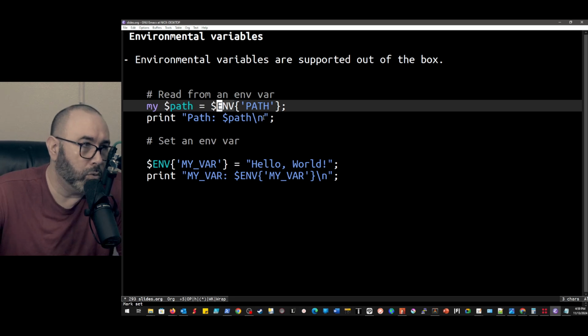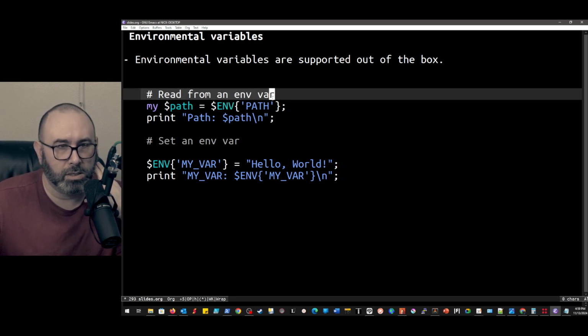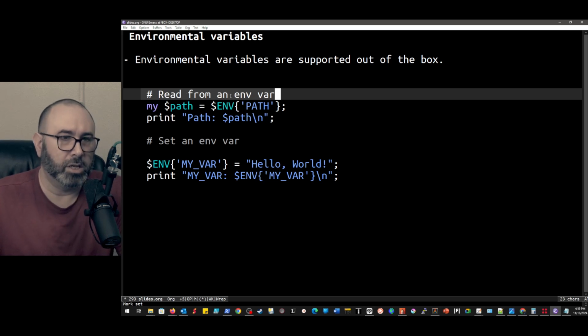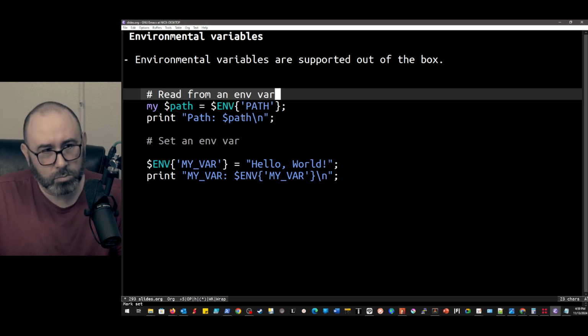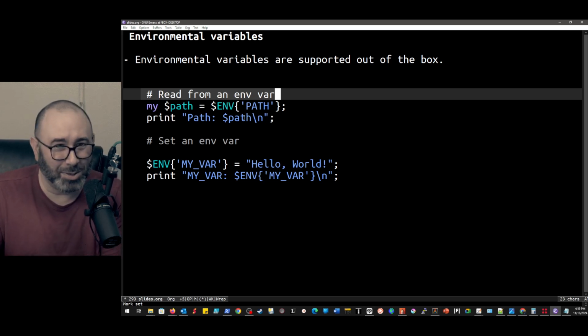Well, if you know Perl and you know that we have this special ENV variable, that's really straightforward and easy. There's nothing confusing about it. But if you throw a comment above it for somebody who doesn't necessarily read Perl, saying reading from an env var, even though that might be obvious to you as somebody who writes Perl, right? Problem solved, right? No issue.